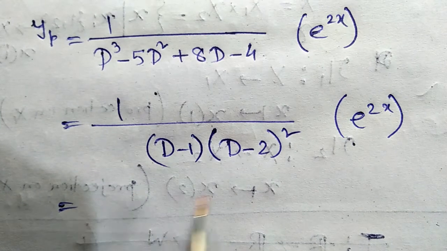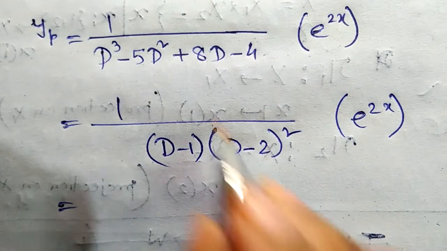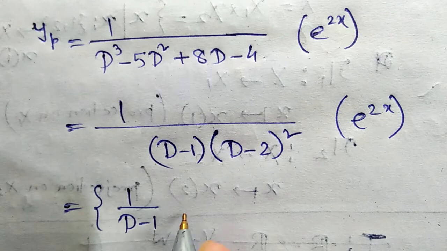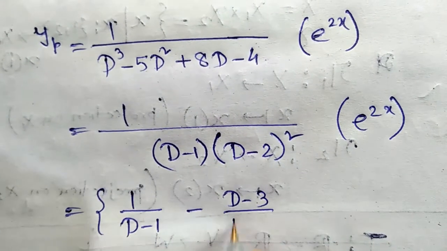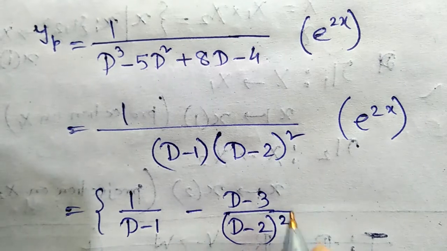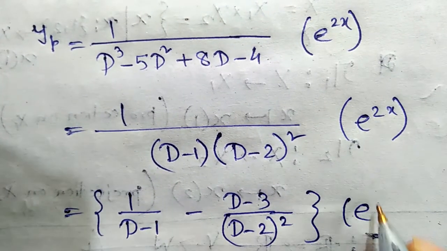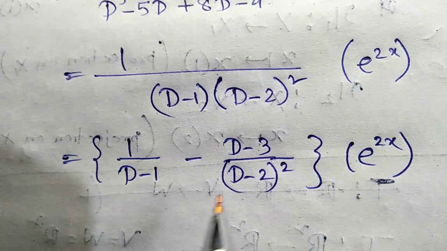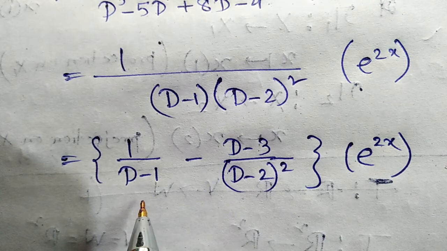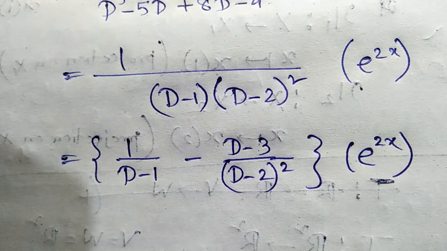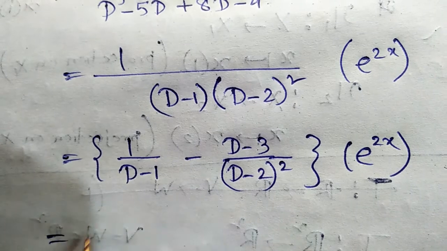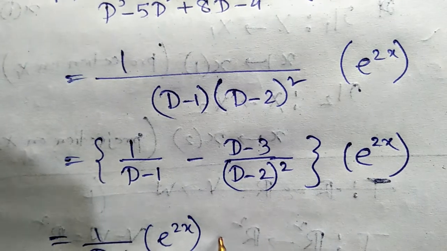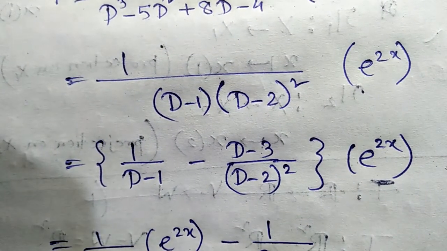So now we are to write this portion in this way: 1 by d minus 1 minus d minus 3 by d minus 2 whole square of e to the power 2x. Just arranging it. Okay, next 1 by d minus 1 e to the power 2x minus 1 by d minus,